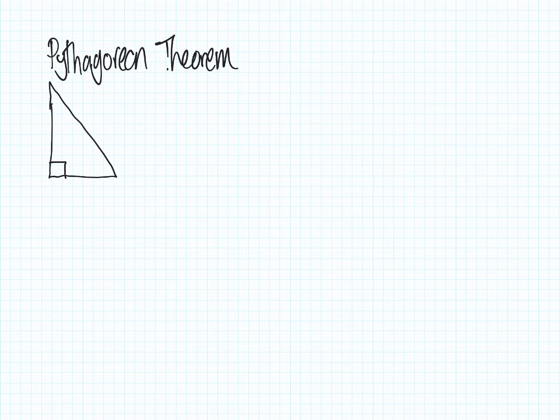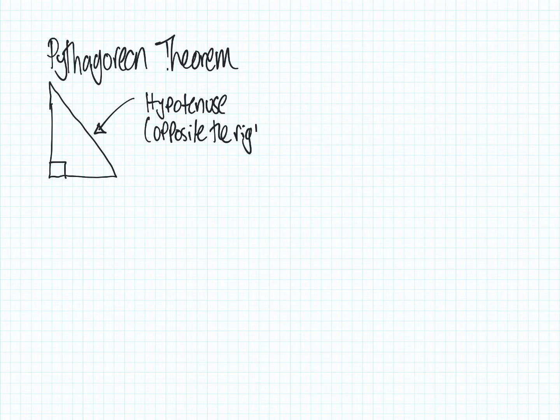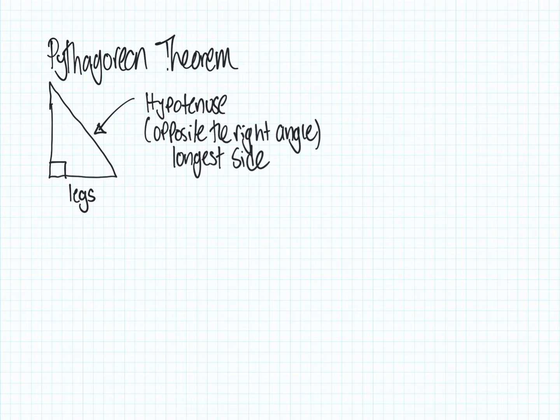Before we carry on, let's remember some important definitions. The longest edge is called the hypotenuse, and this is always opposite the right angle. What's important here is that whilst it's opposite the right angle, it's also the longest side. We then have two other sides, which sometimes get called legs. So this is just another leg here. So we've got leg, and hypotenuse.